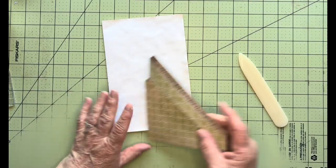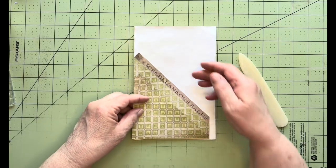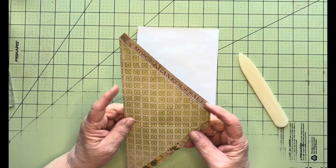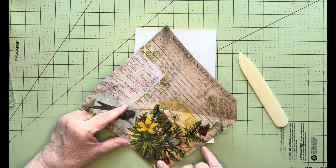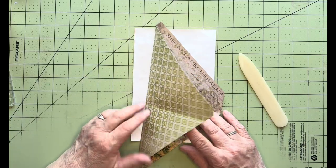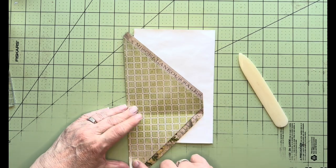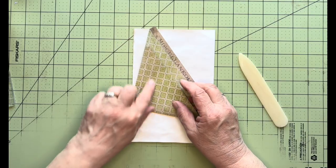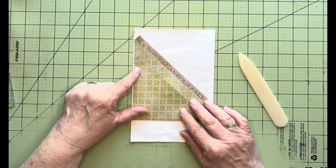Okay, so again, you could easily glue this onto a page as a pocket and be done. But there's a couple other options you can do. So if we fold this out and open it up, there's a couple things you can do. We can cut down here and make a flip-up in the front and the back, or we can cut this to get rid of this so that it can become its own separate triangle. If we do that, we're going to still have these three as pictures, which is fine for this journal, but